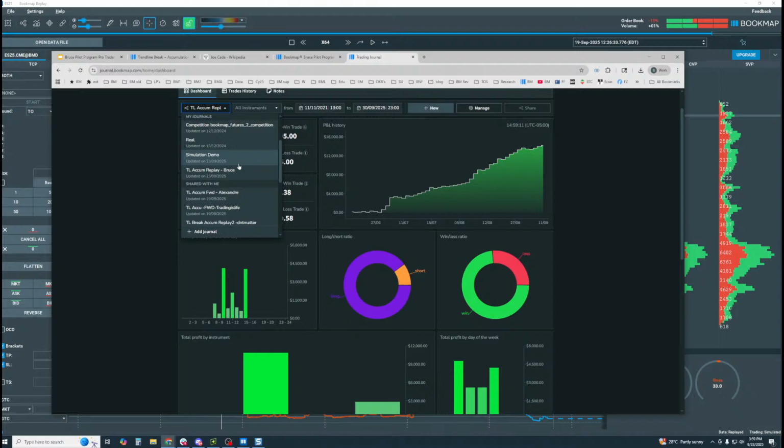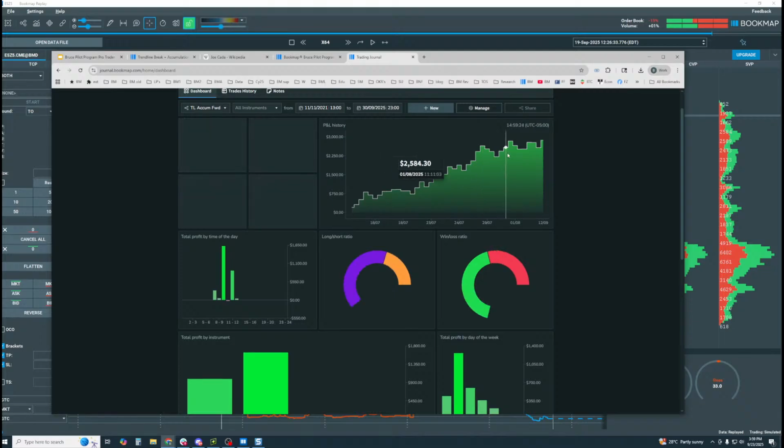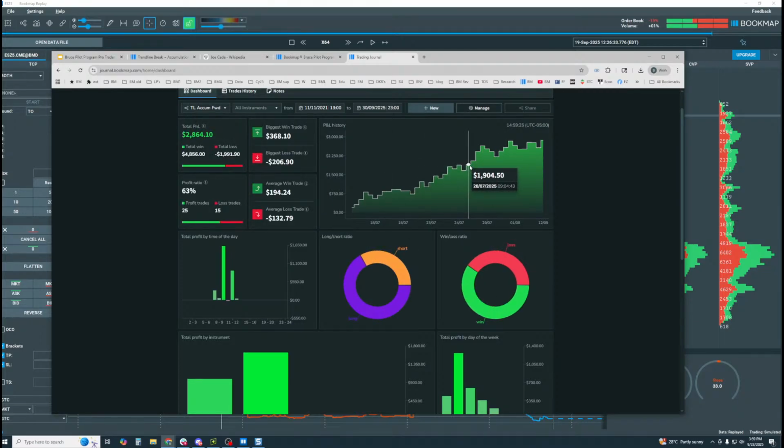And then let's take a look at her forward testing journal in here. That's her live, which we'll show next. Here it is. This is live market. She knocked it out of the park. She's getting winners, bigger winners than losers. She's at 63% profit ratio, which, God, it could be 40%, doesn't matter, just as long as the winners